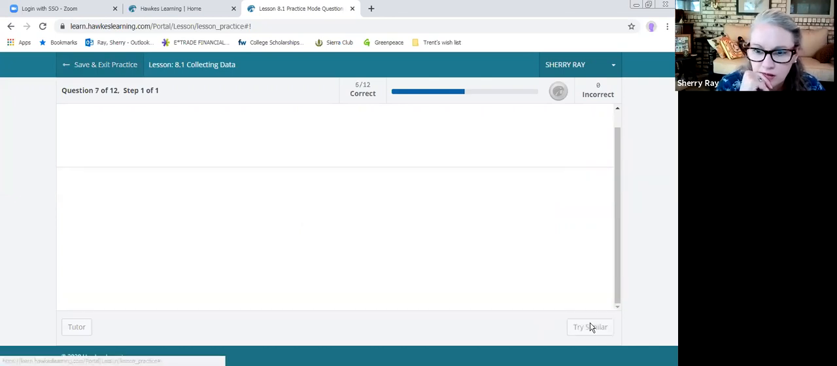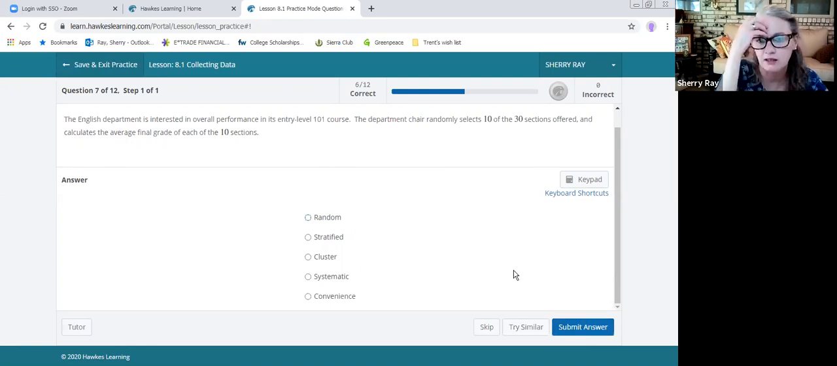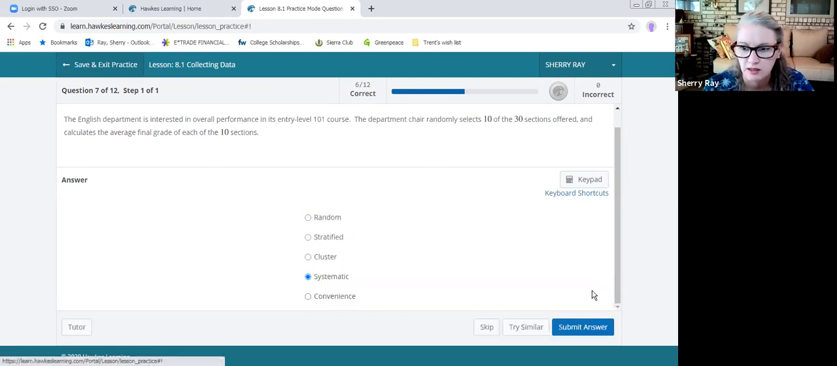Okay, this is the one that the chair selects 10 of 30 sections offered. And I believe that is, no, it's systematic, I think. Let's try again, darn it. Okay, English department is interested in overall performance. He selects 10 of the 30 sections and calculates the average final grade for each of those. I think that's just,